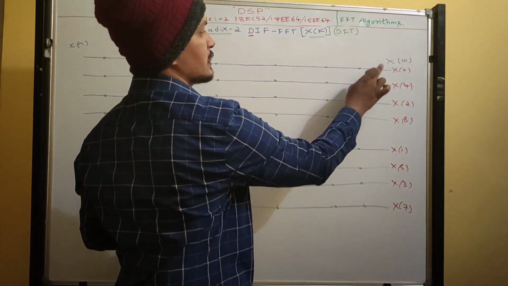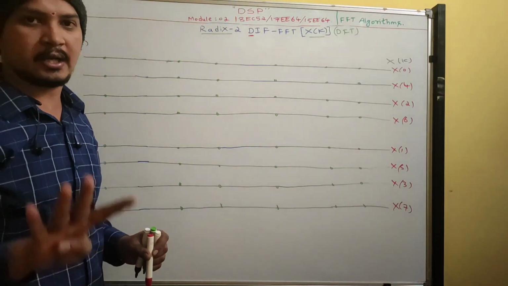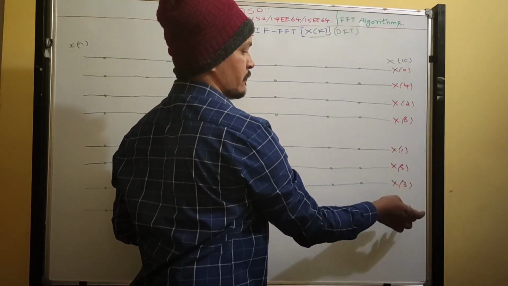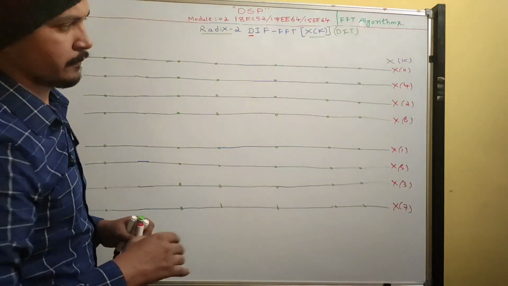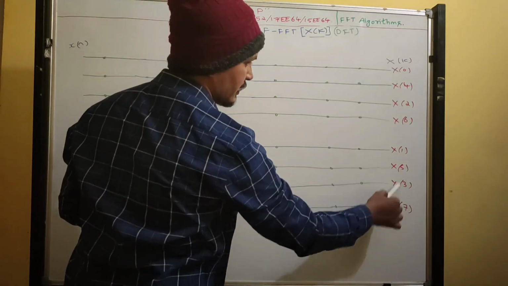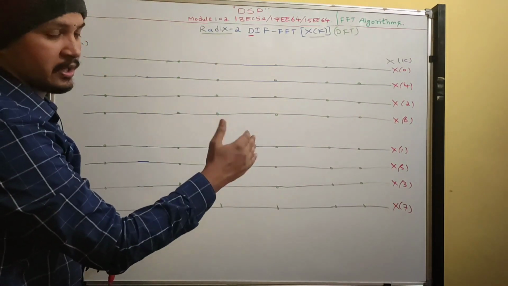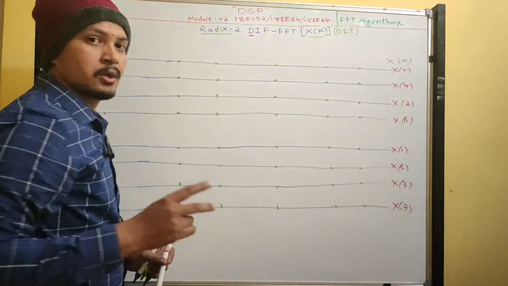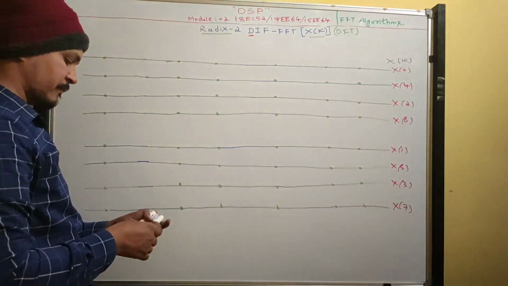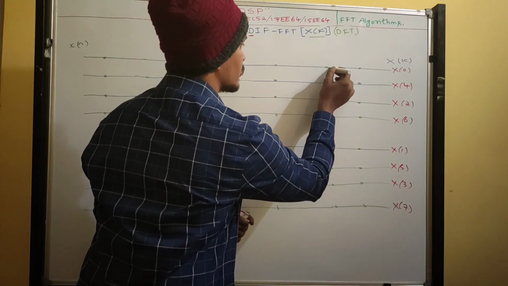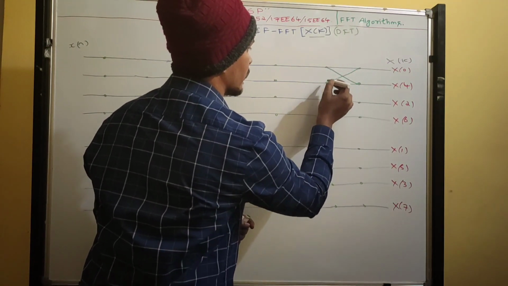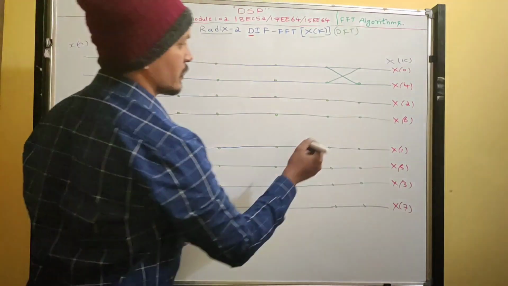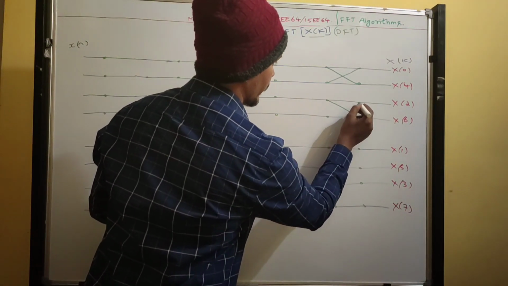Bottom minus upper, that difference you should get 4. 4 minus 0, 4. 6 minus 2, 4. 5 minus 1, 4. 7 minus 3, 4. Where you have written decimation, the side which is decimated, there you write the 2-point butterfly. So decimation is here, so just write 2-point here. That's why I wrote dots earlier. So, the 2-point butterfly.